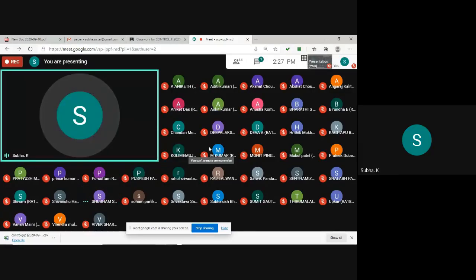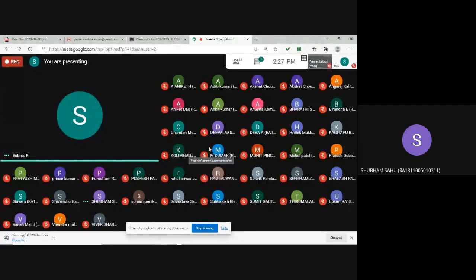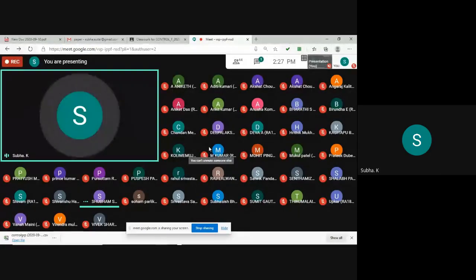Shubham Sahu, tell me whatever you understood from this tank level control. What did you understand? Whatever you have learned from whatever things I have taught you, just tell me in some words. Every time I ask you a question, your answer will be ma'am, ma'am, ma'am, as if I am the answer for every query.